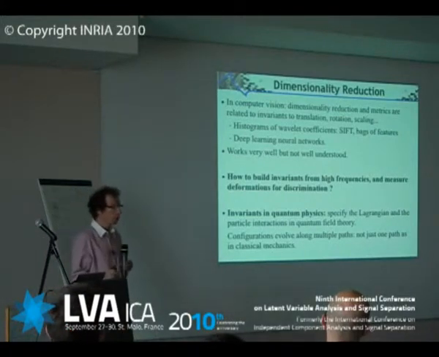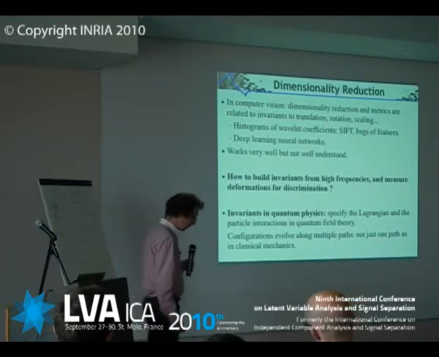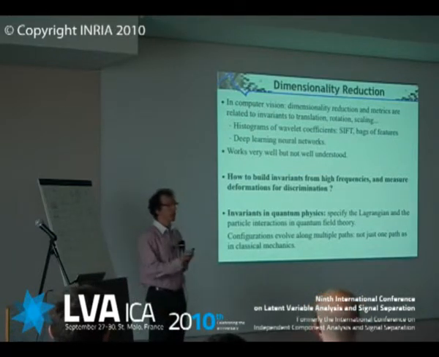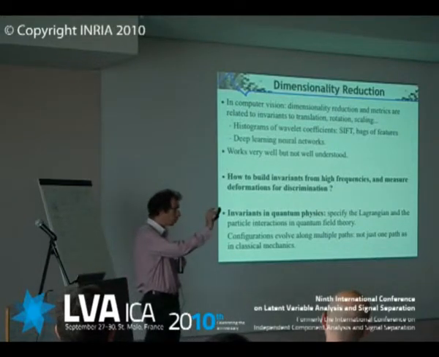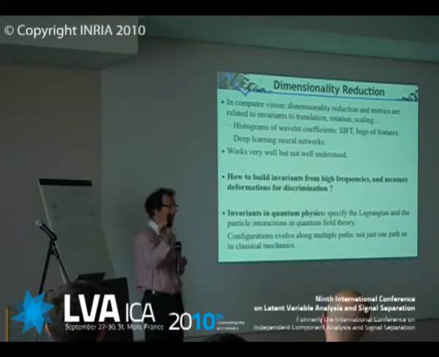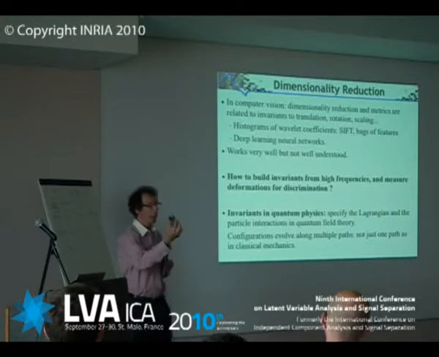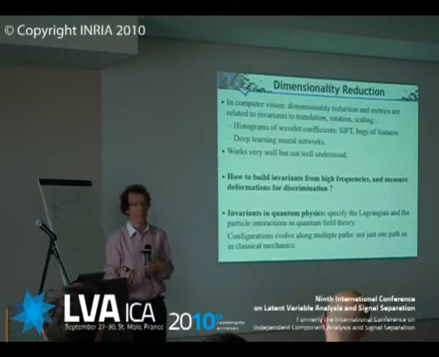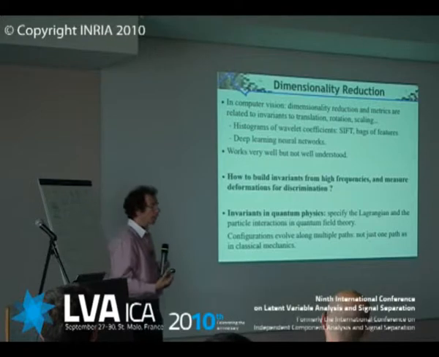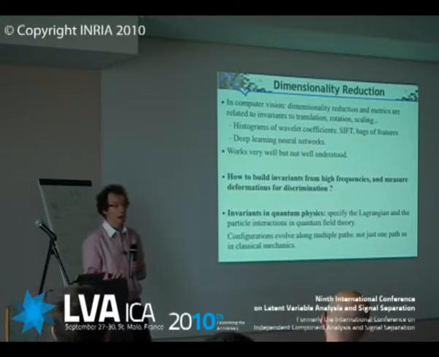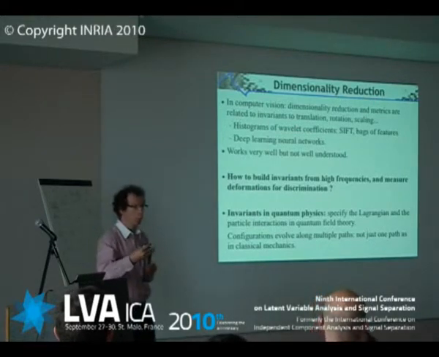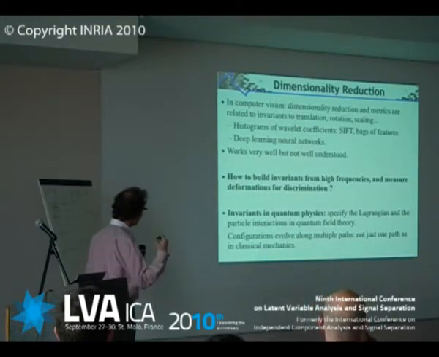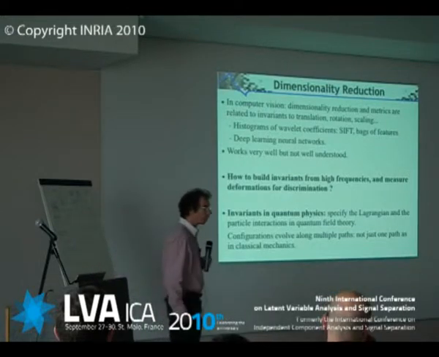There is one thing which is also very important: as I said, two elements of the same class should have a small distance. It happens that when you have an object and you translate it, normally it's the same object. If you rotate it slightly, it stays the same object. If you move it, it's going to scale over the image. It stays the same object. So you would like to have distances which are invariant relative to these deformations which maintain an object within the class. And people have been trying to develop tools to do that.